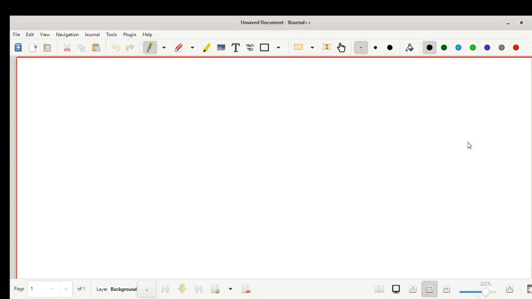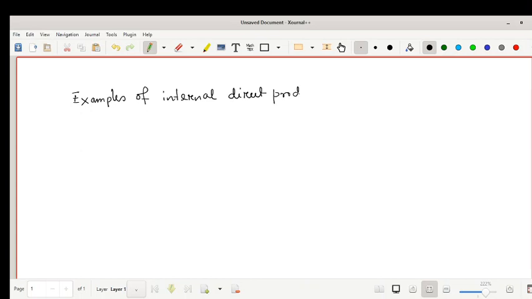Before closing this section for internal direct product, let us have some examples. So, examples of internal direct product. Okay. Number one,